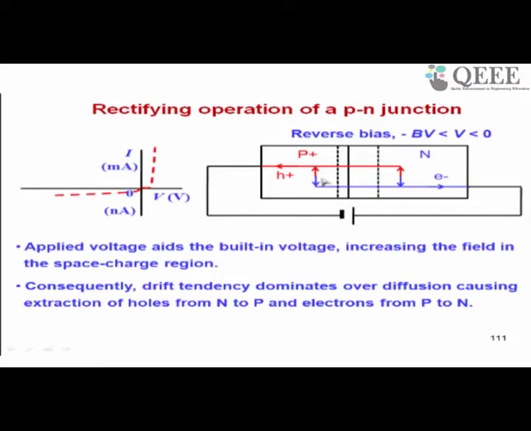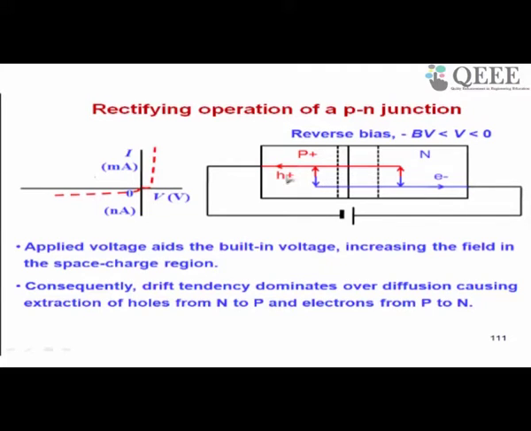Now electrons are minority carriers in the p region. How can you get minority electrons? They are very small in number. First of all, you know that electron hole pairs are created by generation. Now for majority carriers you can have carriers because of thermal generation as well as impurity ionization, but for minority carriers it is only thermal generation. You have no other source.